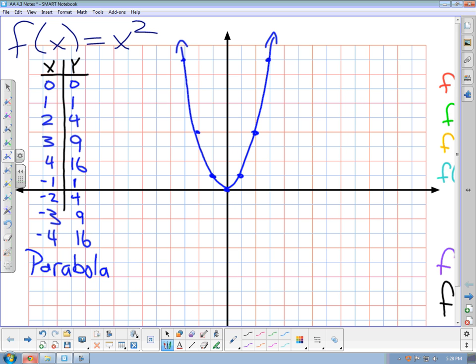Now, when you look at this parabola, it's a U-shaped kind of thing. It continues on forever and ever in both directions. The domain of this particular function would be all real numbers. The range would be all real numbers greater than or equal to 0. All right, so now that we know that,